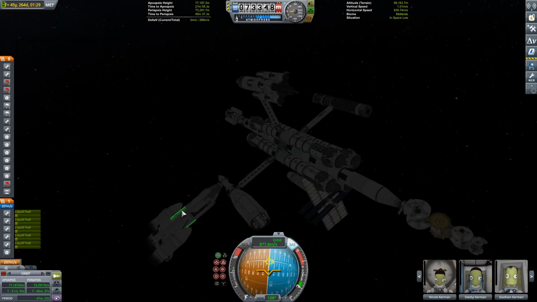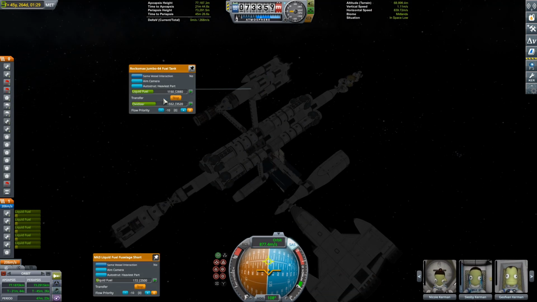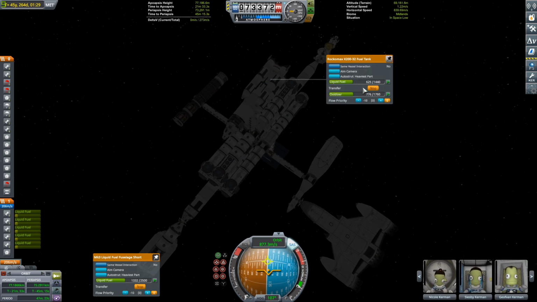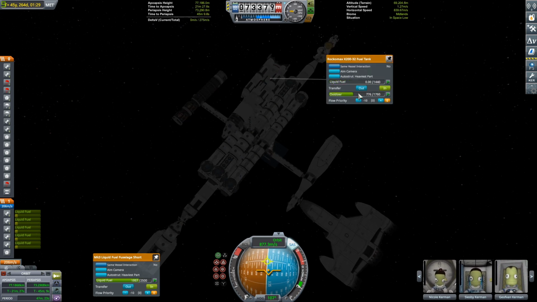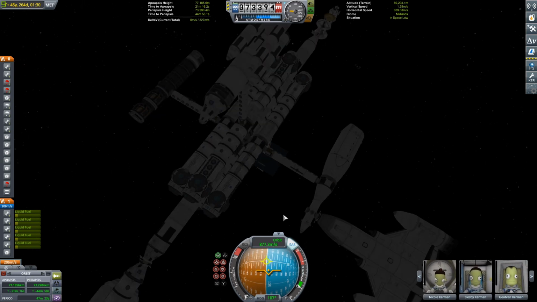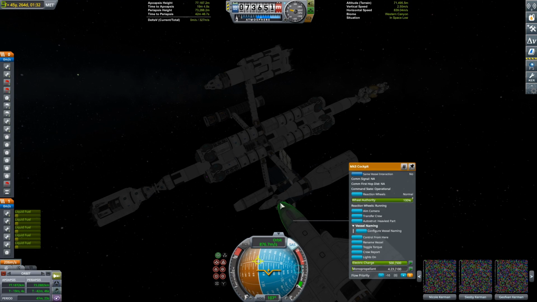Alright, so now what we're going to do is we're going to get the SSTO. We're not fully fueled up, we're just going to fuel up its main tank in the back. We don't need to get all the fuel. We have more than enough to get back to Kerbin with. There we go, just filling up the tank with the fuel from our tanker,